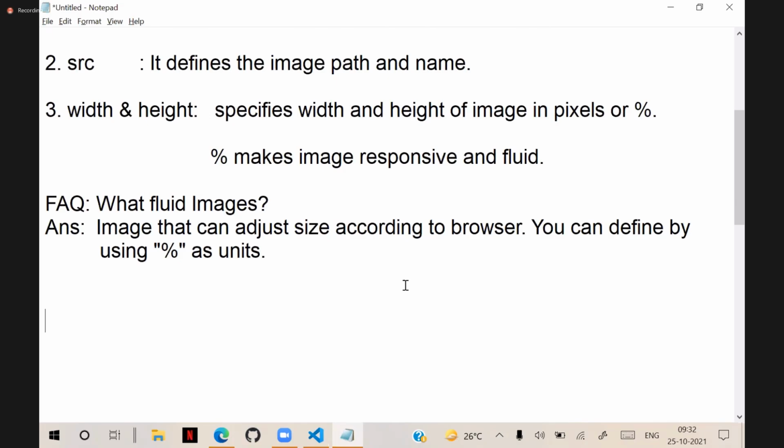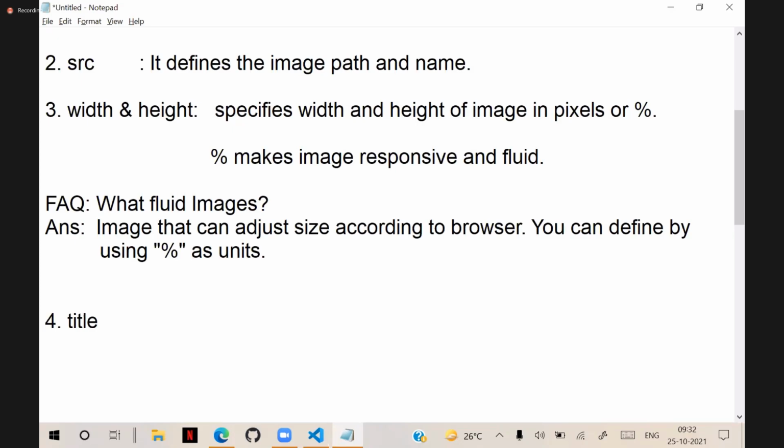That is important. So that is adjusting images. So that is width and height. One more option we have,